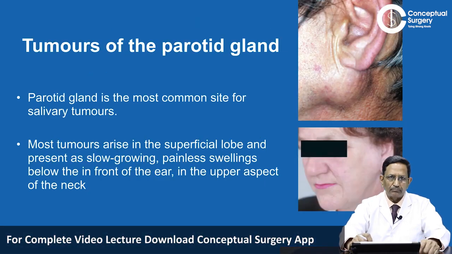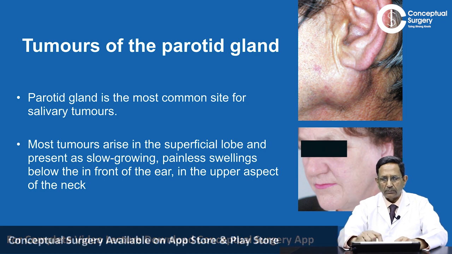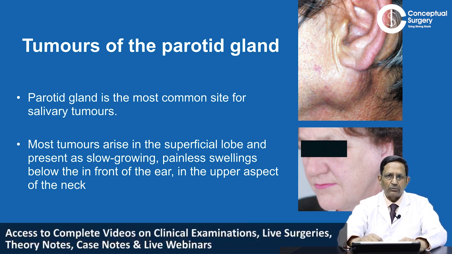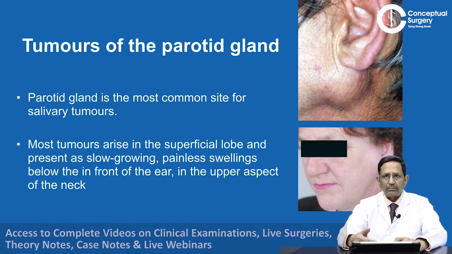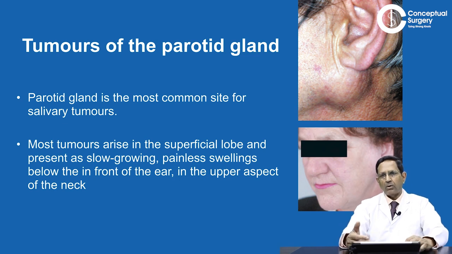Now the tumor, which is a very worrisome feature. The most common site for salivary tumor is the parotid, and they usually arise in the superficial lobe, as a slow growing, painless swelling, typically in the parotid region. I have already said that sometimes they are anterior to the tragus or the ear lobule is lifted. So any swelling in the parotid region, until proved otherwise, is a parotid gland tumor rather than anything else.